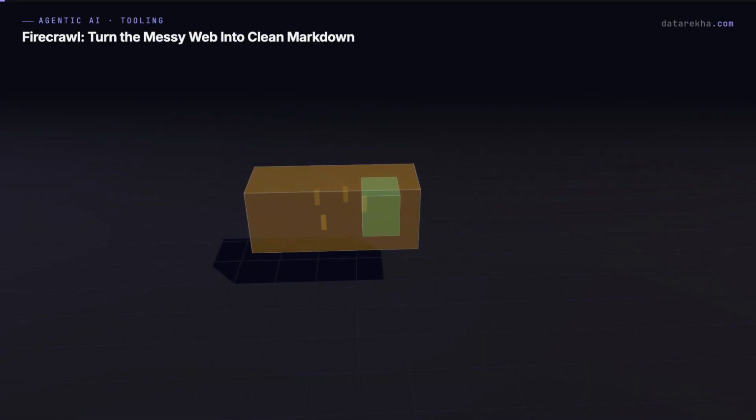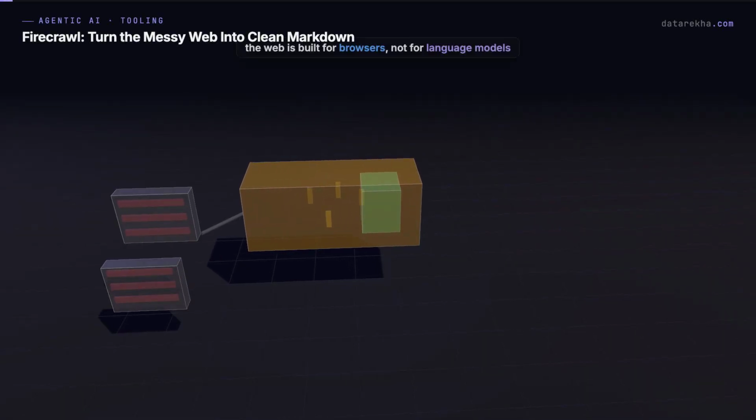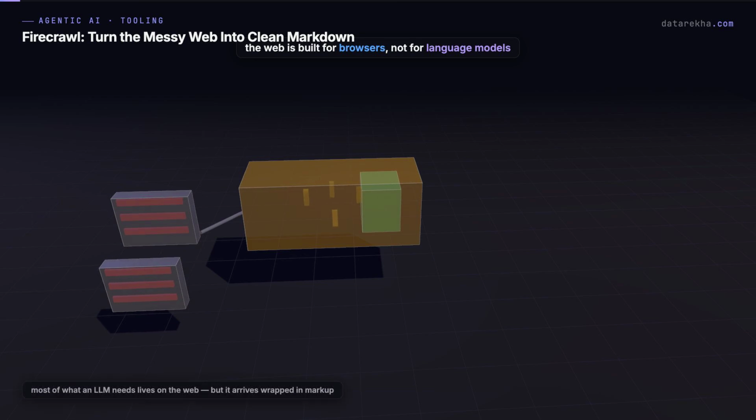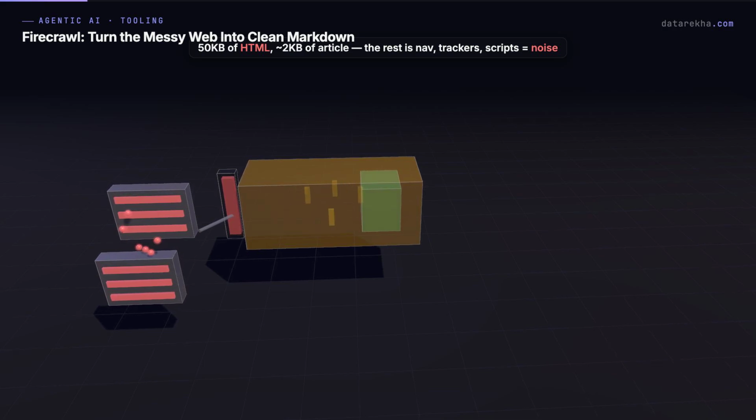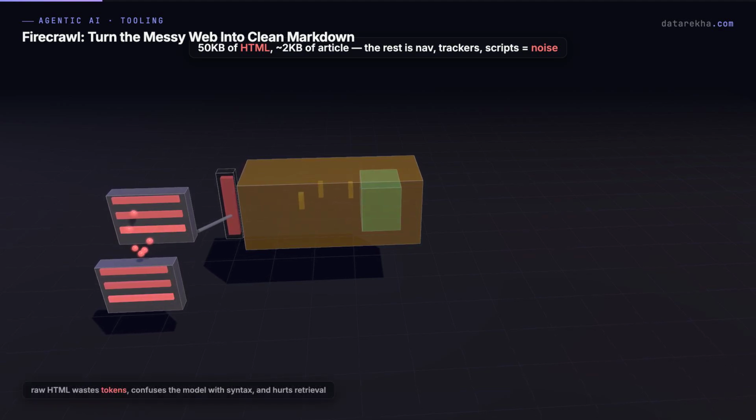Most of what an LLM needs to know lives on the web, but the web was built for browsers, not for language models. A typical news article is 50 kilobytes of HTML, and only about 2 kilobytes of that is the actual article. The rest is navigation, tracking pixels, script blocks, and markup that means nothing to a model. Feed that raw HTML into your context, and you waste tokens on noise, confuse the model with syntax, and make